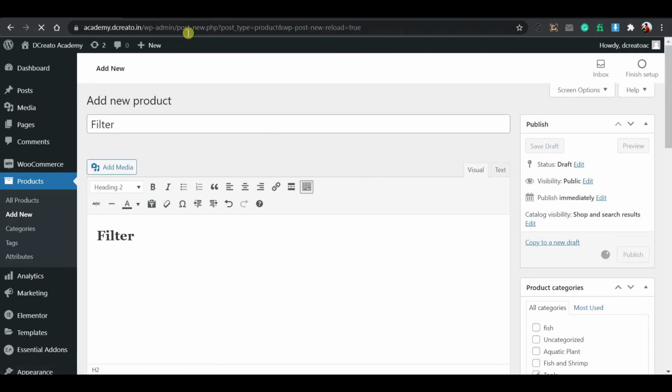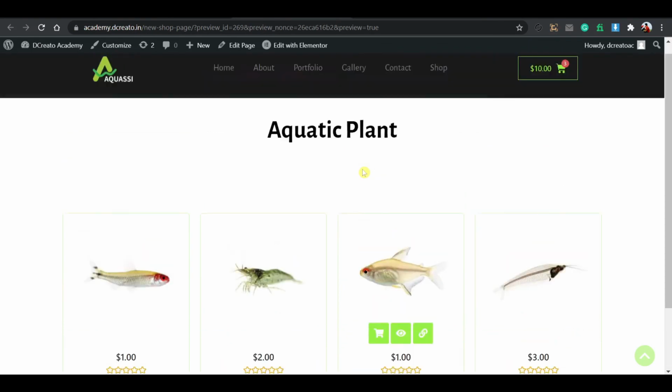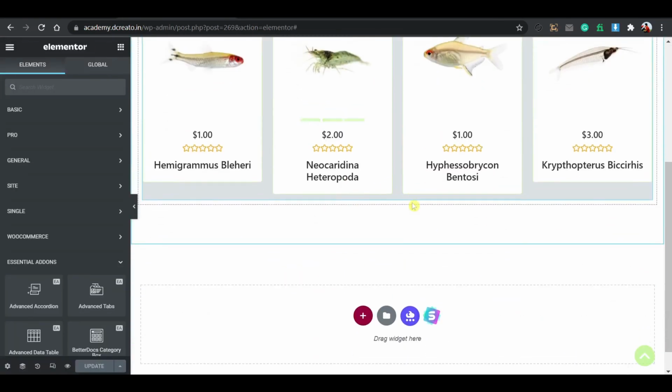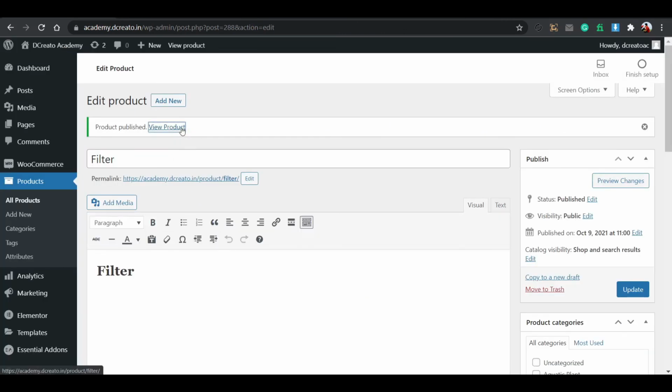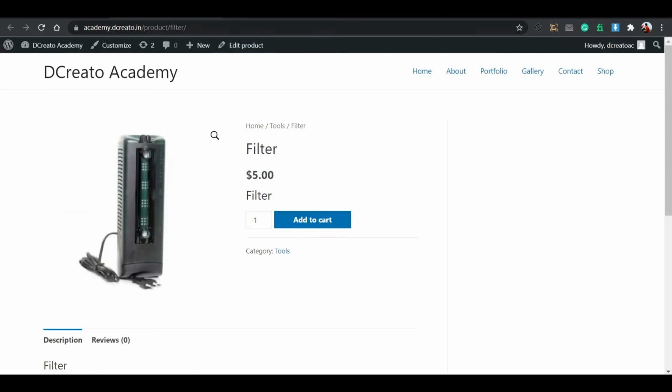After publishing it, then create the new page from reloading this page. Here you can see that only the fish came. Then after that, click on this plus icon. Sorry, just click on view product again. At first view product, you can see that this is the product that came. So then click on this